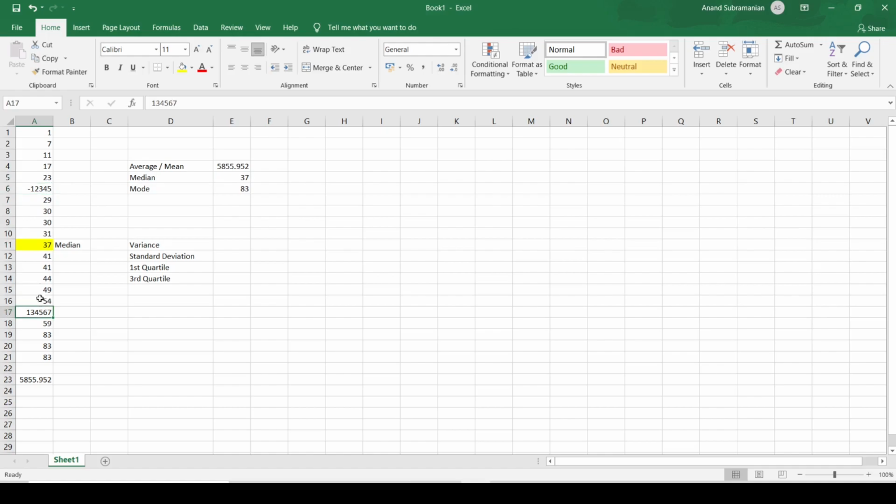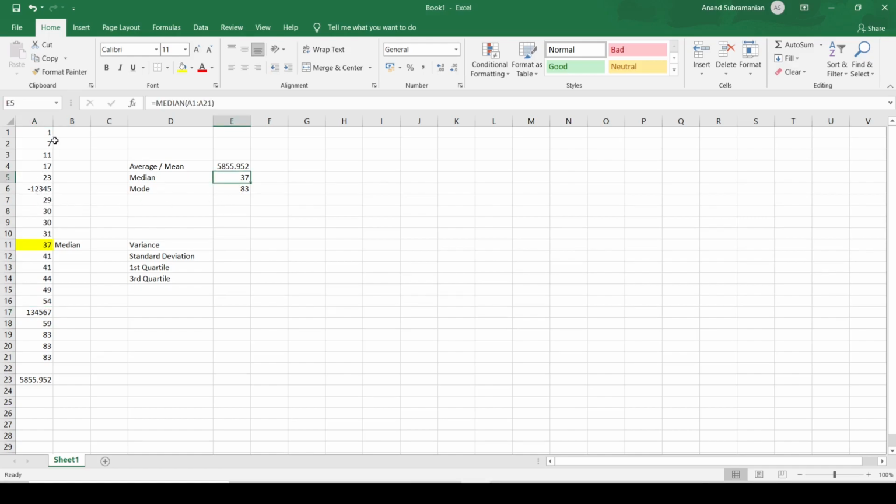These two numbers appear to be outliers, because most of the numbers that we have here fall in the range 1 to 100, so these are beyond that range. Hence, these are outliers which we should treat and try to get some insights out of. Because in most of our analysis, or in most machine learning models, if we have these outliers, they would give us wrong results. So that's why most of us prefer using median.